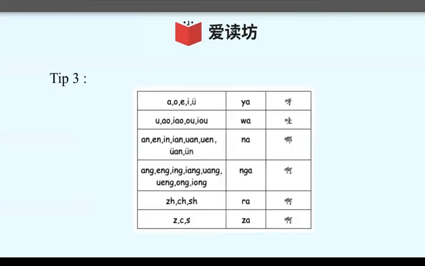Tip 3 is the pronunciation of 啊 after different words. 啊 will be pronounced as ya, wa, na, ra, za. For example, like 唱哪吃了？你吃饭了吗？